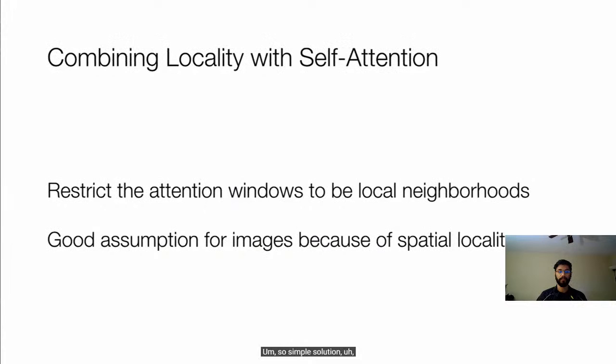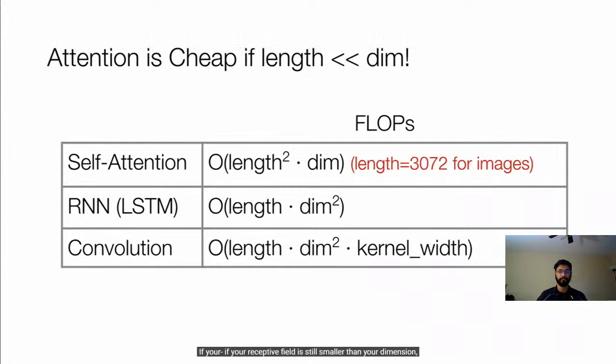So a simple solution, because convolutions have basically looked at local windows and you get translational equivariance. We said, okay, let's adopt the same strategy. And also, there's a lot of spatial locality in images. But now we will still have a better computational profile if your receptive field is still smaller than your dimension. You can actually still do much more long distance computation than a standard convolution because you're quadratic in length. So as long as we didn't increase our length beyond the dimension, we still had a favorable